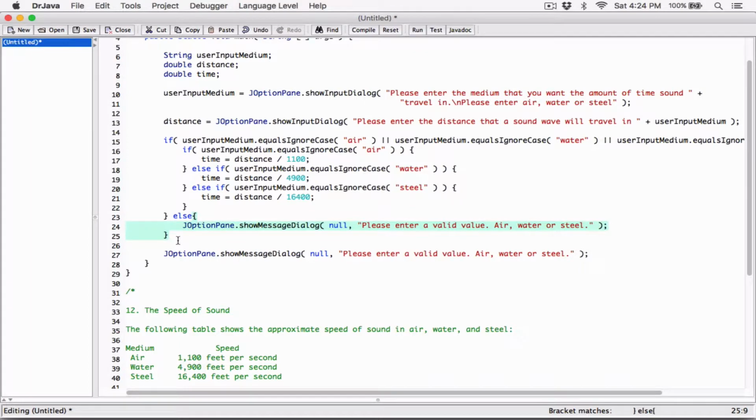The if starts here, and it ends here. This is the last curly brace for this entire if else block. So now, because I have all the values, I can go ahead and display the message, still going to display it in the center of the screen. And I'm going to display a message and say,